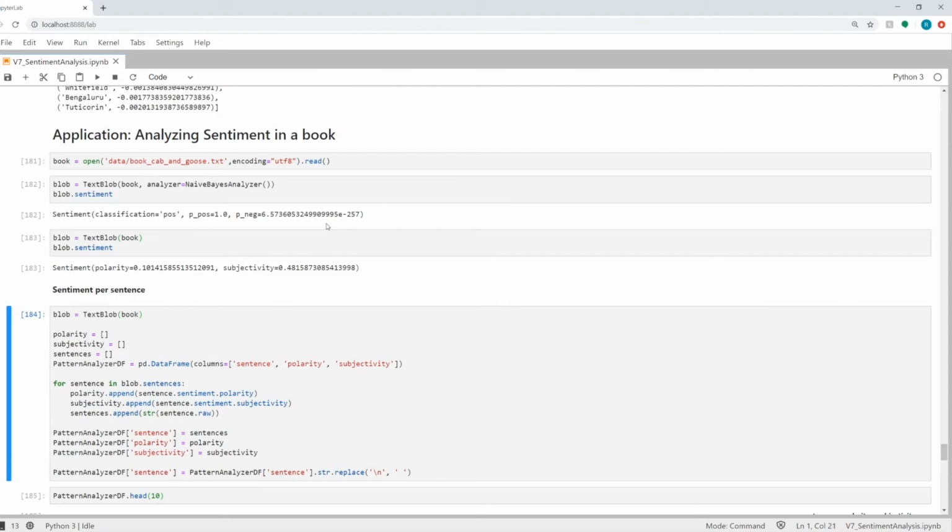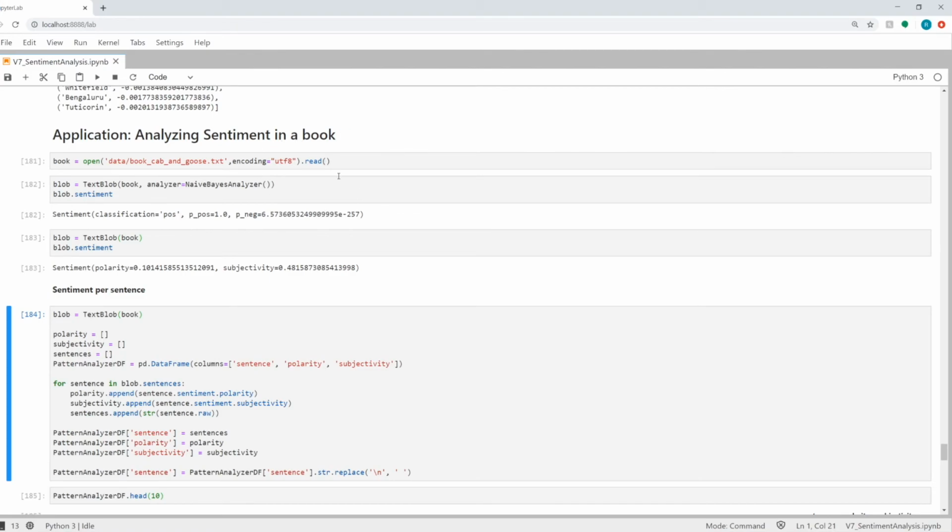Alright, so now I have covered all the techniques which we can use for sentiment analysis. There may be more which are coming up every day in this field of data science, and there are models like BERT and GPT-2 which might perform very well, but I have not used them till now, so maybe in future I'll make a video on those as well. But these techniques which I've described here are used quite frequently as of now, and they also produce very good results, and you can use it in your applications. So I would like to now show you one application of using these sentiments on a book.